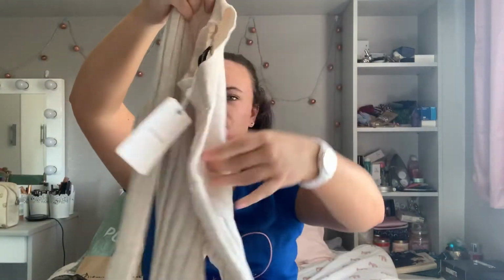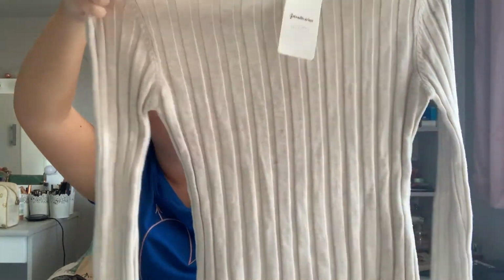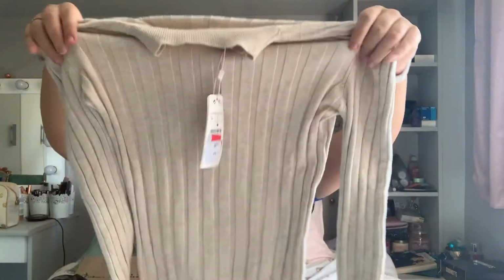So the first thing that I got is this. It's just a nude, ribbed long sleeve top. I won't say a jumper because it's not quite like a jumper, but it's quite thick, really stretchy, and it's ribbed and everything. This was £15 again. I got this in a size L, which is just my normal size. It looks tiny, but I promise you,